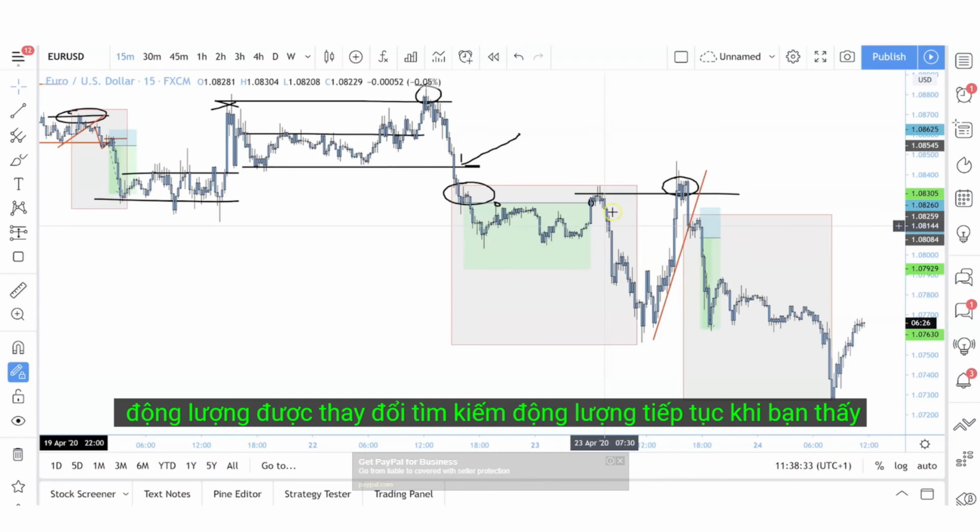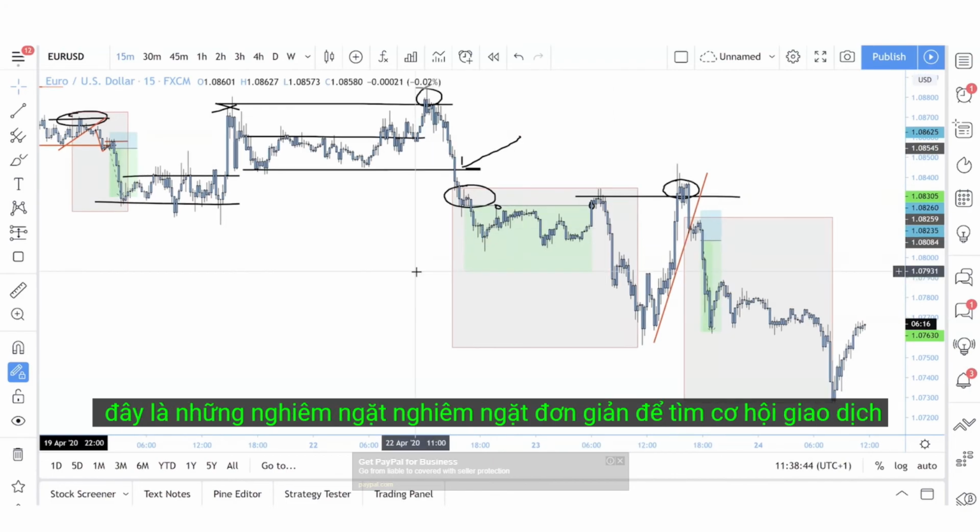Now, only 3 trades for the week on EU, and these are strict, simple to find trading opportunities, nothing too advanced. And what are the results? 2 wins at 3R, so that's 6R with 1 break even trade. So if you want to call it, take off some of the commissions, you finish your week on EU with 5R profit. Now imagine you have 3 or 4, 5 pairs